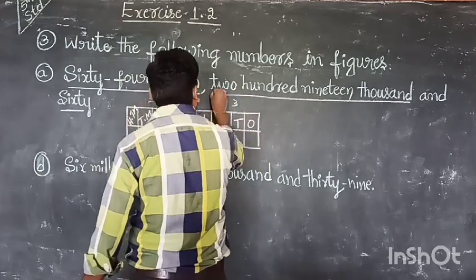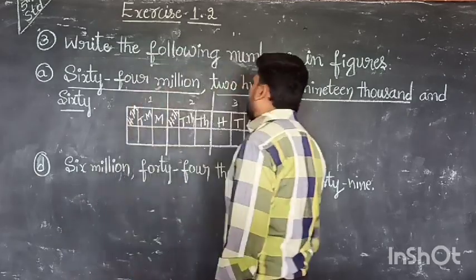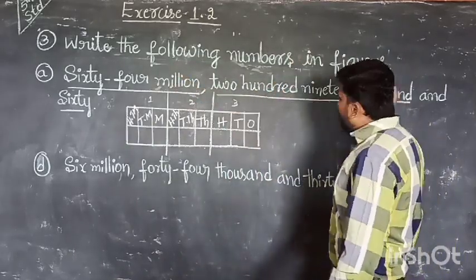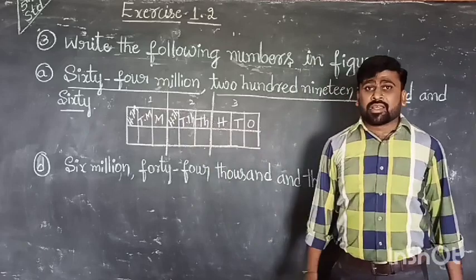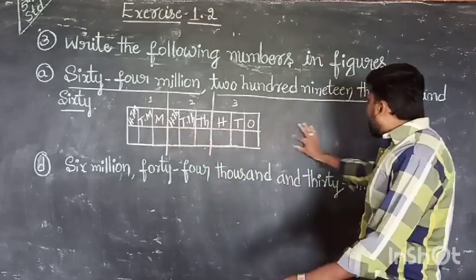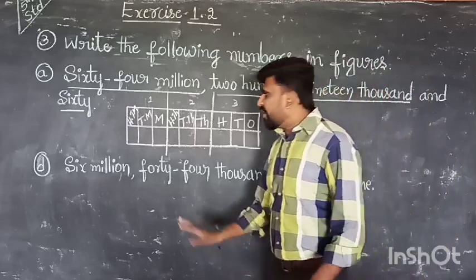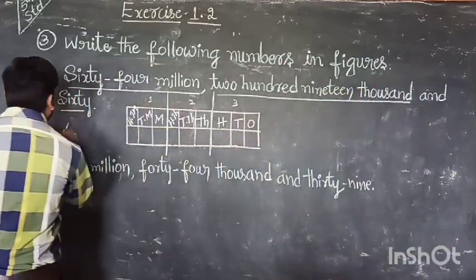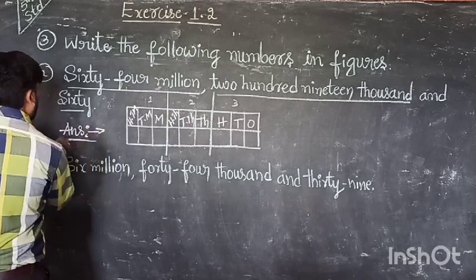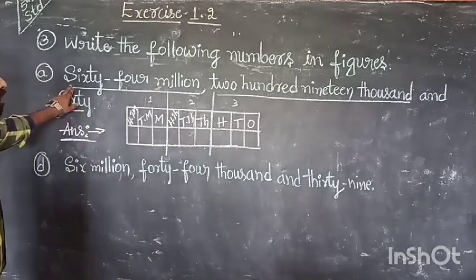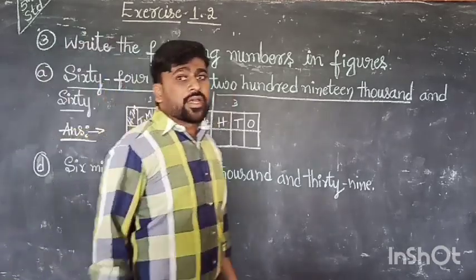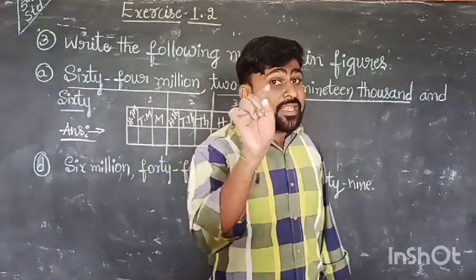Neatly observe. This one we don't want, only take the box. Now this is the first group, second group, and the last one is the third group. Now neatly complete the answer in the box. Afterwards we can write one number. This is the final answer. Now this is the answer for the third main, first one. Now listen here. Third main, first one: 64 million. Clear? 64 million is given.